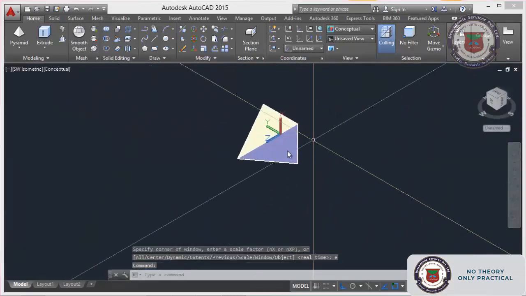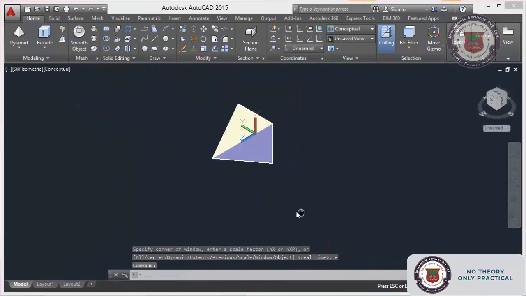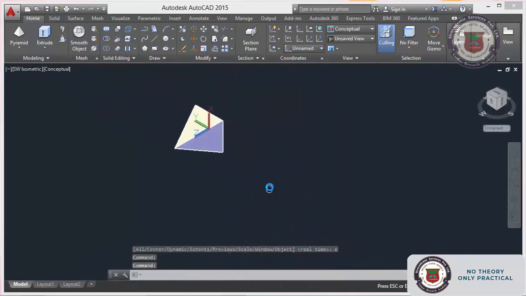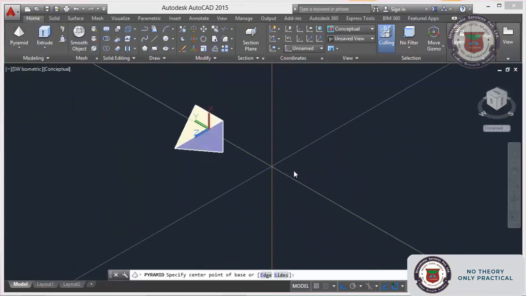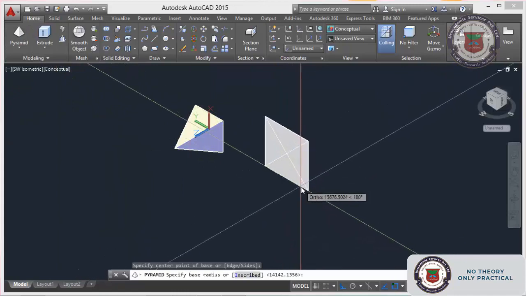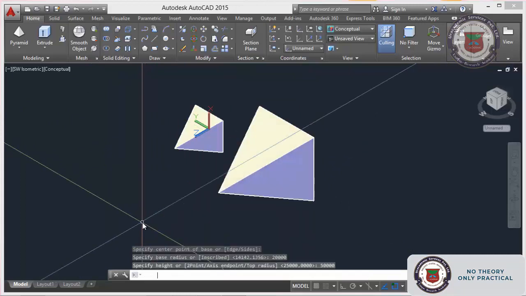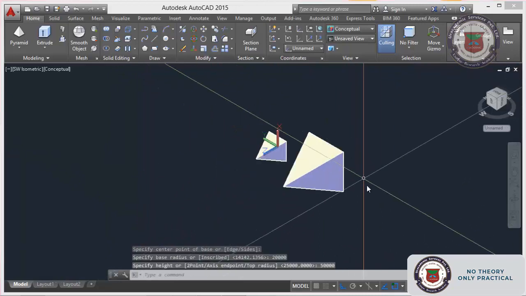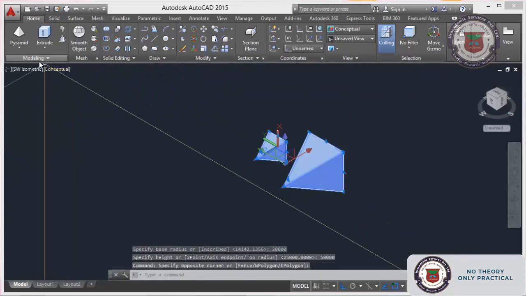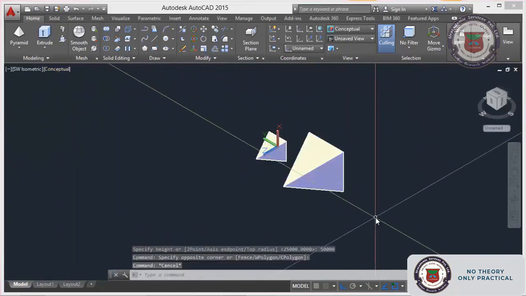Now your pyramid has come. Another pyramid also we can make. Just enter base, just give 20 meter. And height, you can give 50 meter. I think now we are done with the pyramid command.